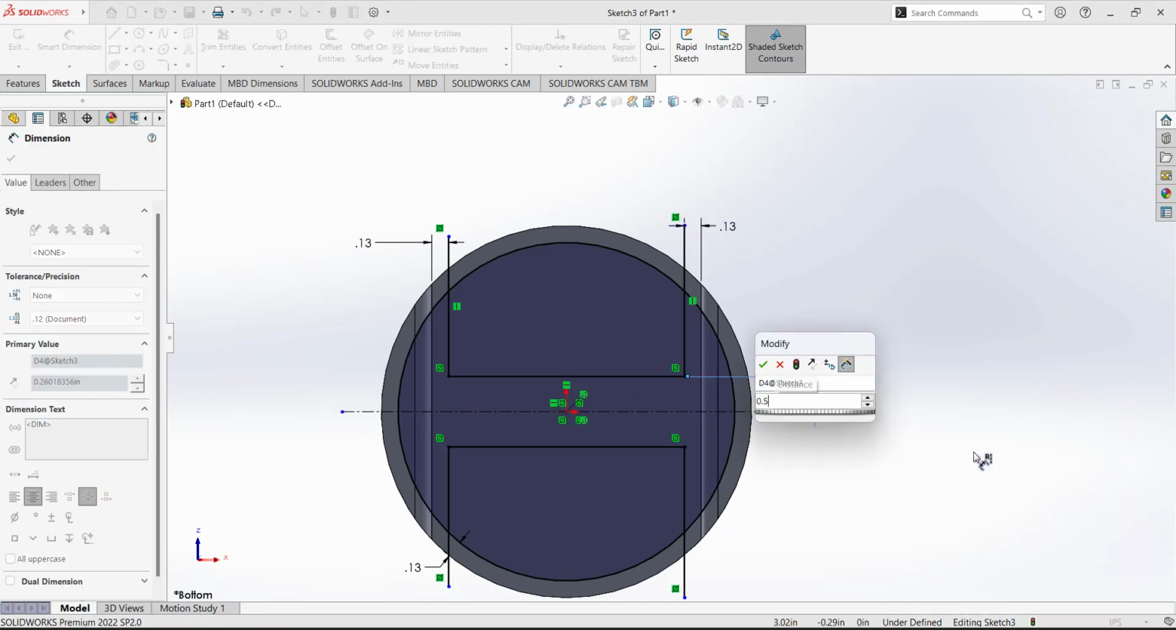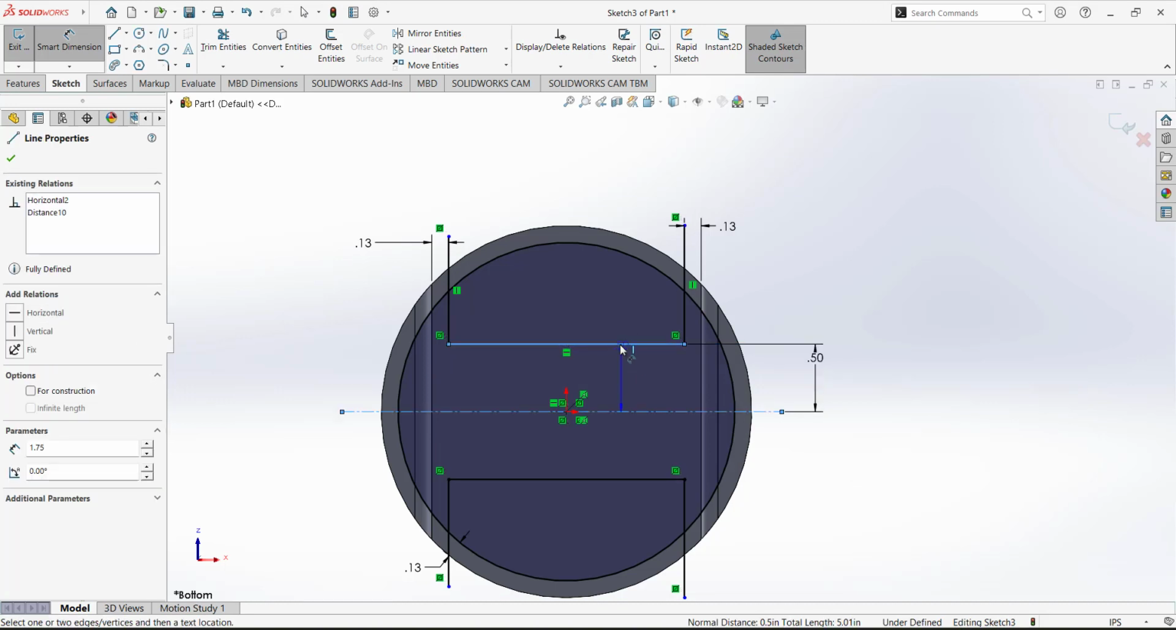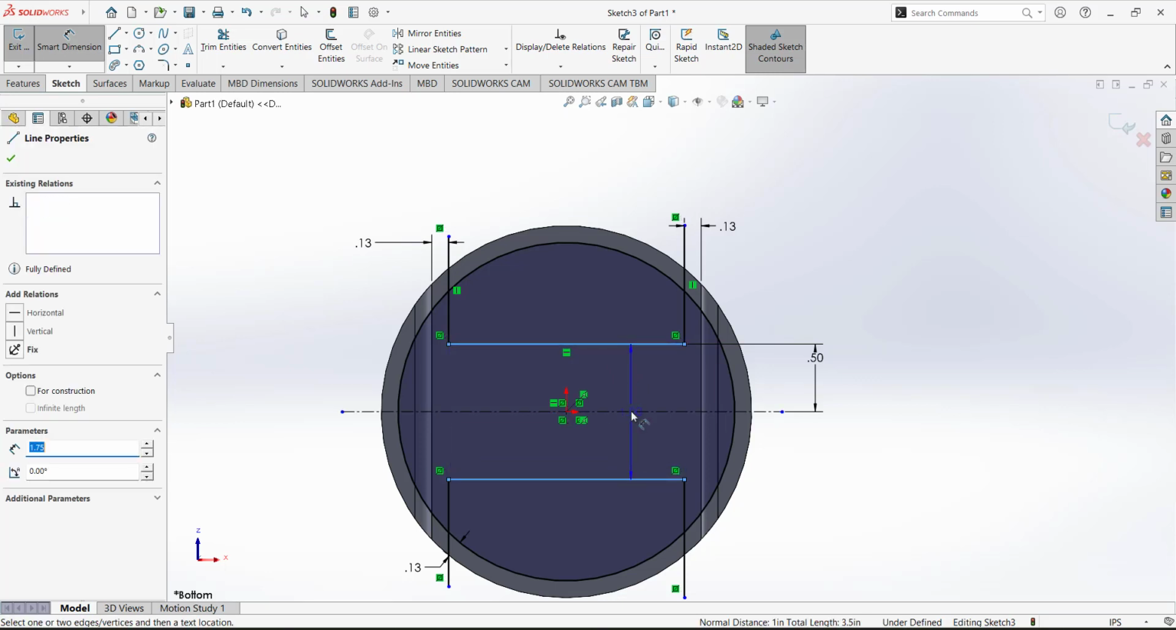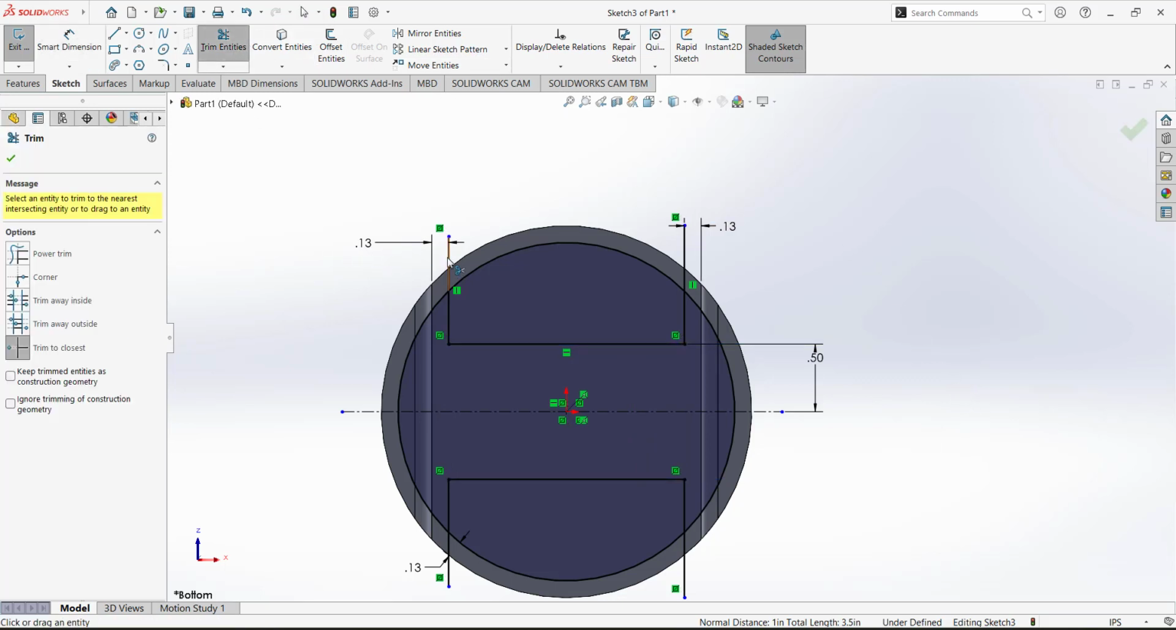Add 0.5. If we are adding this dimension from one side, we can also add a dimension of 1. If we select this line and this line, it has a dimension of 1. You can see it here. Okay, now we have to trim these areas which we don't need at this point. So we remove these areas,